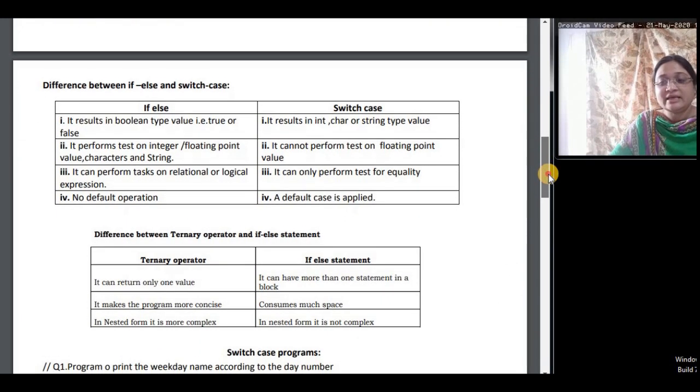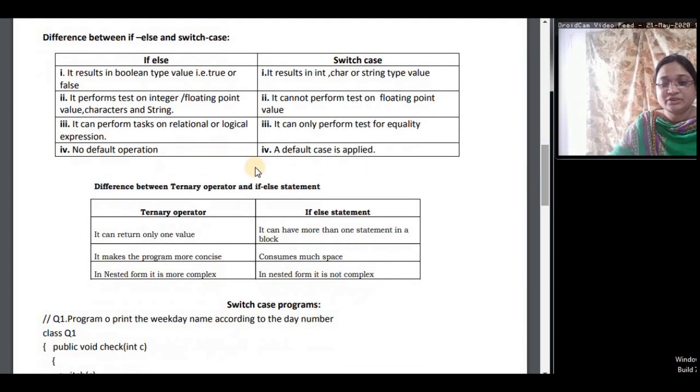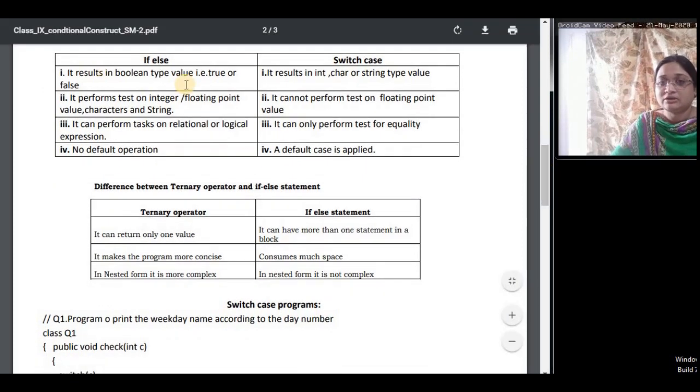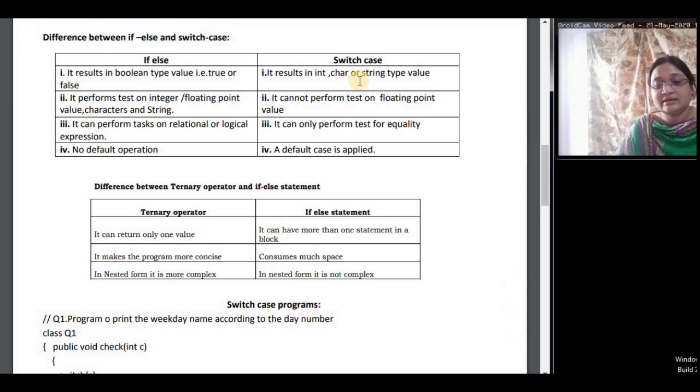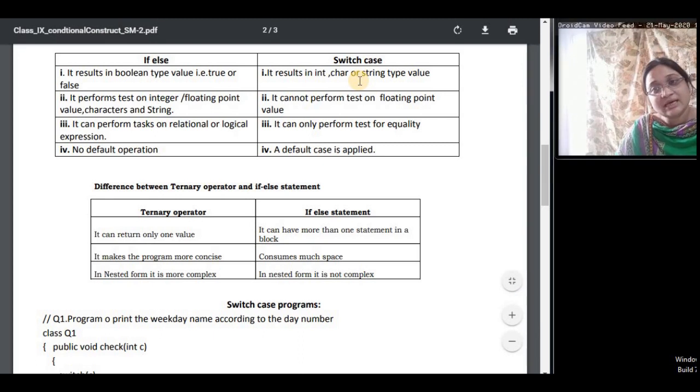Next, the difference between if else and switch case. When we evaluate an if else condition, it results in a boolean type value, that is either true or false. When we evaluate a switch case, it results in a character, string or integer type value.